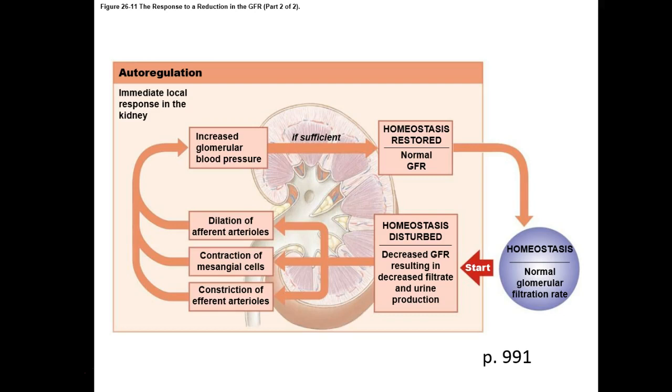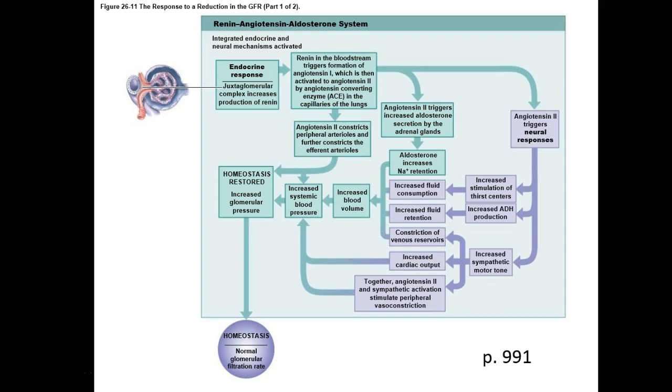So if glomerular filtration rate decreases, all the fluid going in needs to be increased. If glomerular filtration rate is too high, all the fluids going in need to be decreased. That's the local autoregulation. And then the renin-angiotensin system,